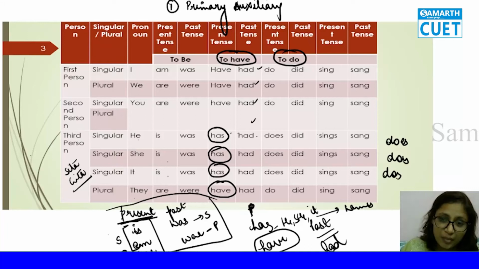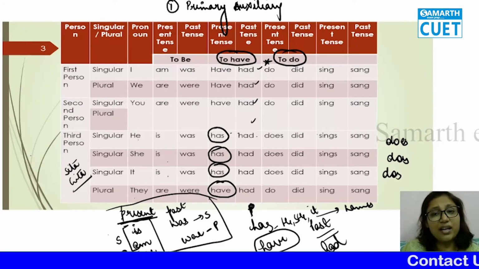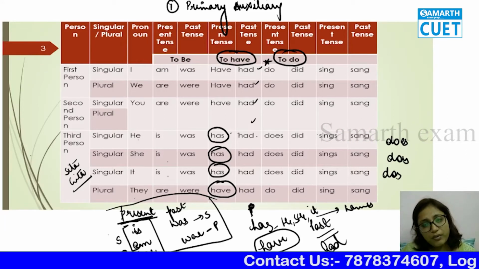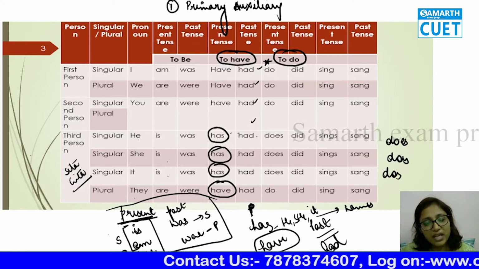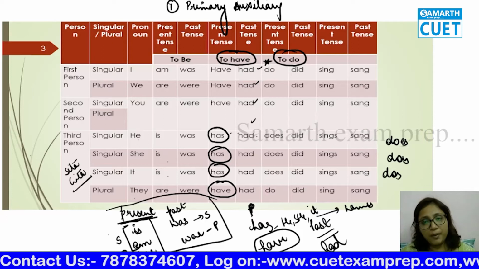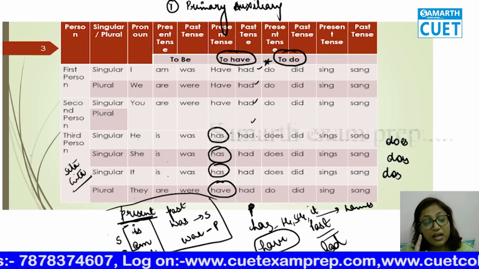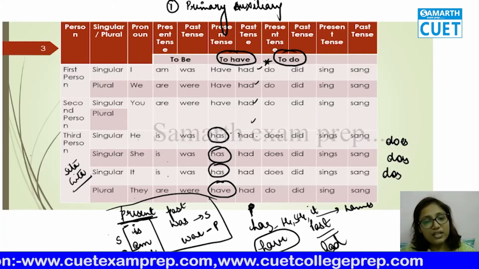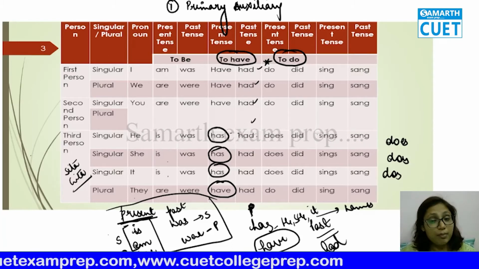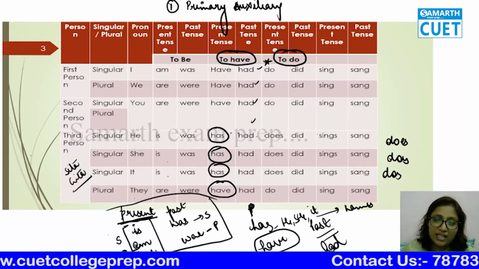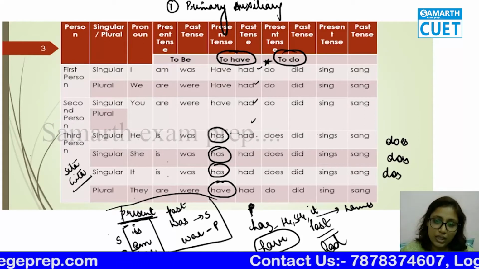Now, please remember this one at least, do and does. I hope most of you will know, but there are a few people, everywhere, who have a confusion with do and does. So for them, I have kept it. Please go through it, because when we study question tags, we'll have a lecture on question tags. At that time, please recollect this one. Okay, now in past tense, everything will use did.